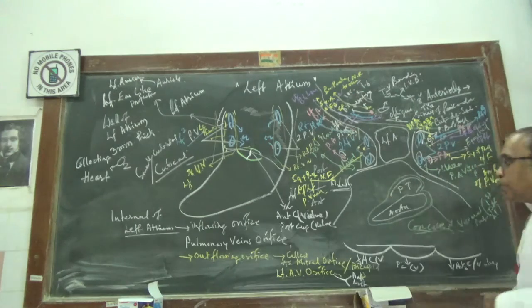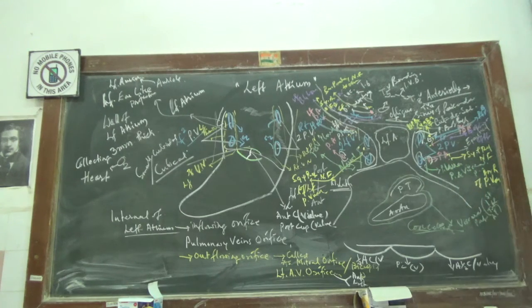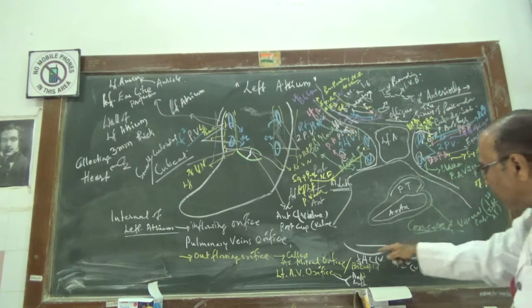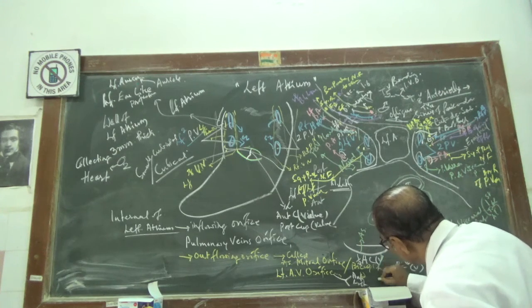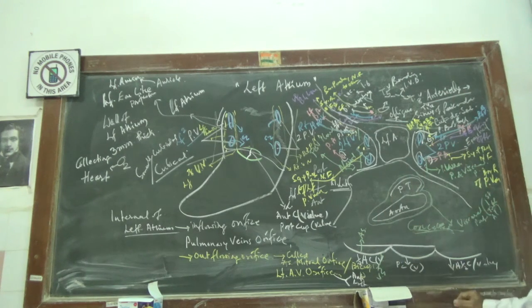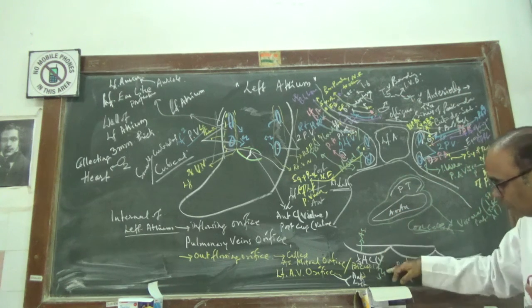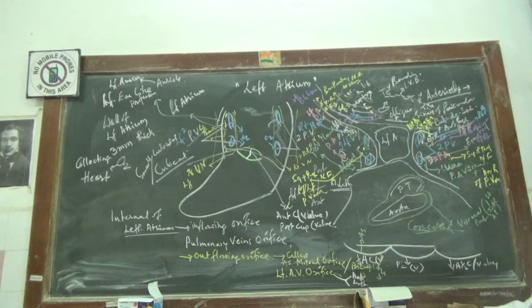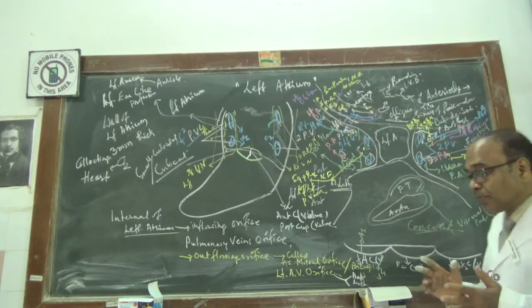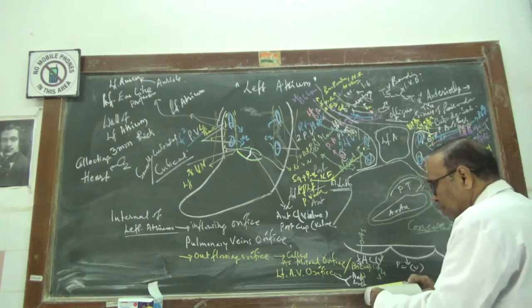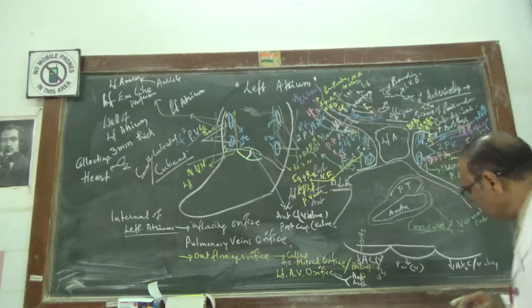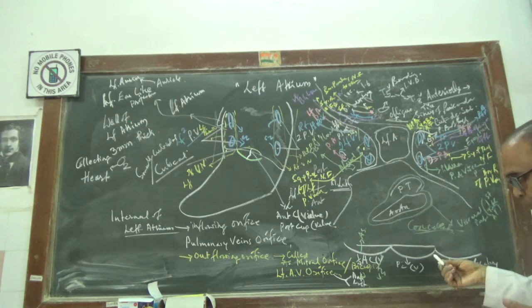So at the time of atrial contraction and ventricular diastole, this is the atrial surface and this is the ventricular surface. The atrial surface at the time of atrial contraction is concave, and at the same time the ventricular surface is convex. But the reverse is true during ventricular contraction and atrial diastole. You should know this is the same as in the right tricuspid cusp.